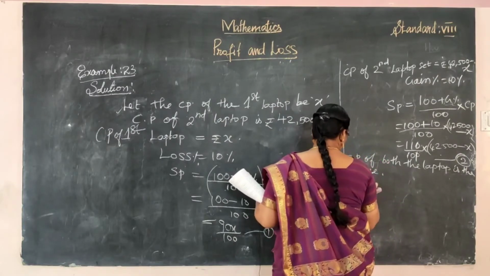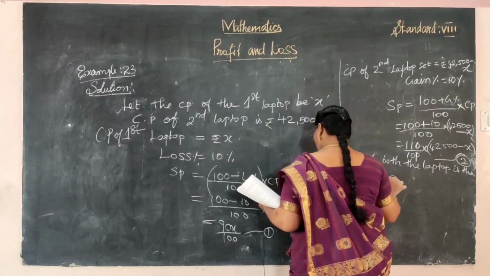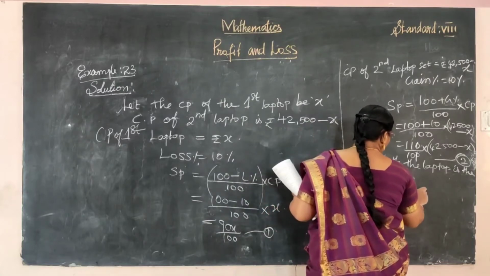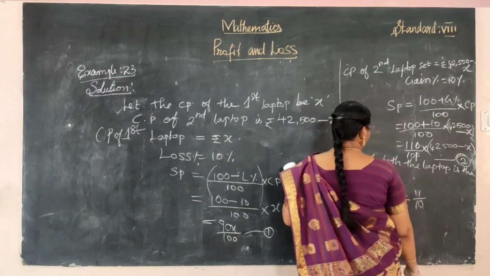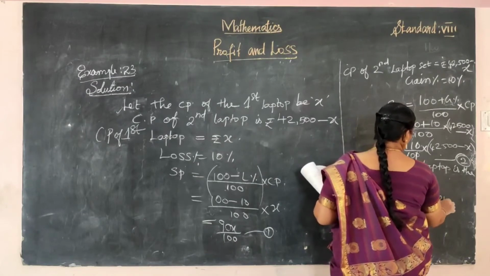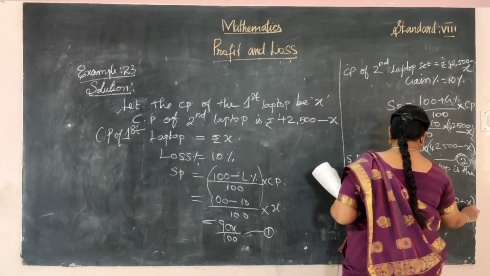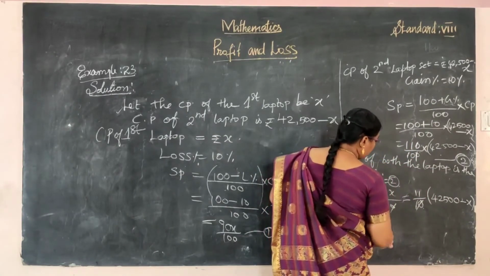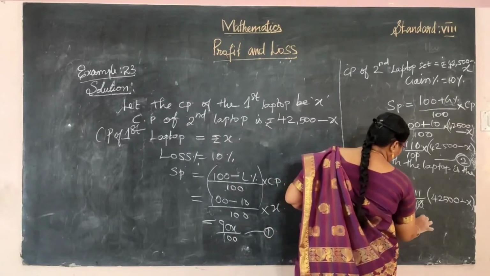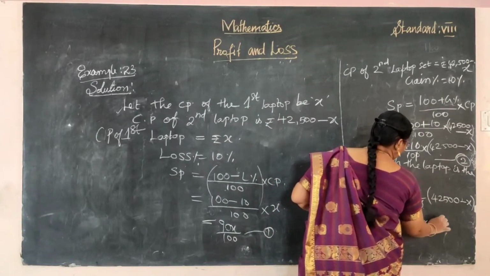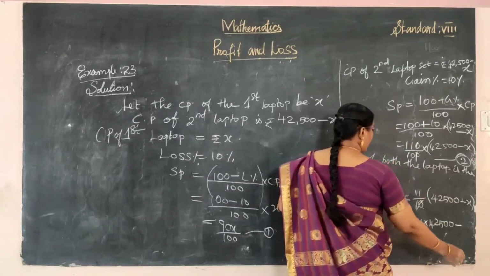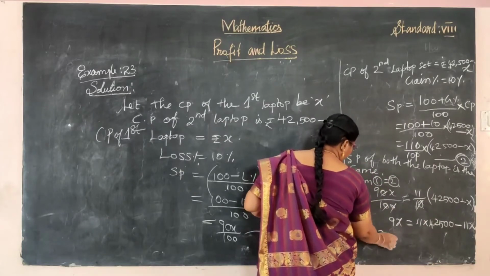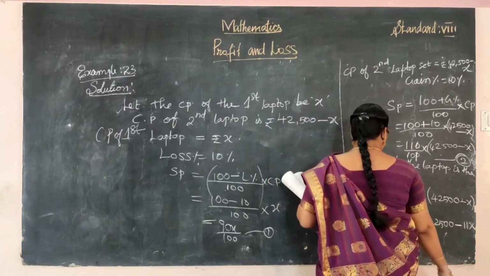From 1 equal to 2, 90X divided by 100 is equal to 11 by 10 into 42,500 minus X. So 9X is equal to 11 into 42,500 minus 11X. So minus 11X comes to this side. 20X is equal to, multiply these values, we get